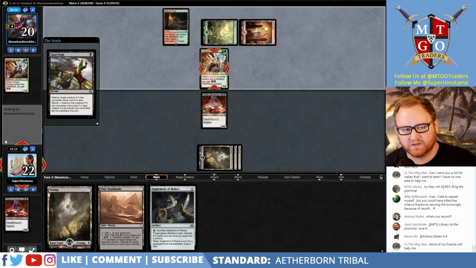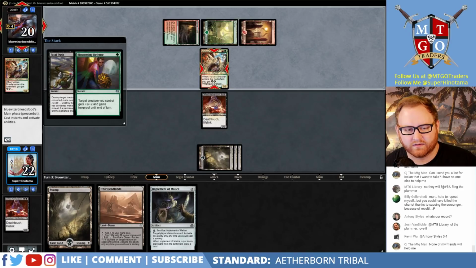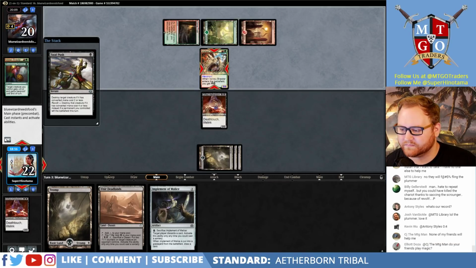You do have the ability to have a Blossoming Defense on your side, so he might be debating whether or not to use it right now. There it is. Let's...